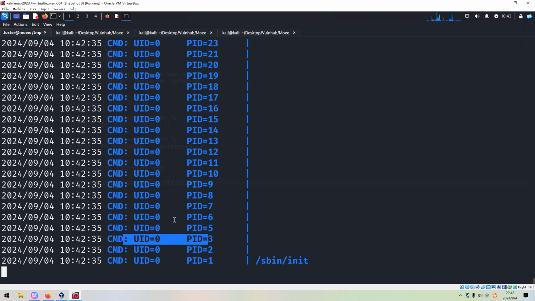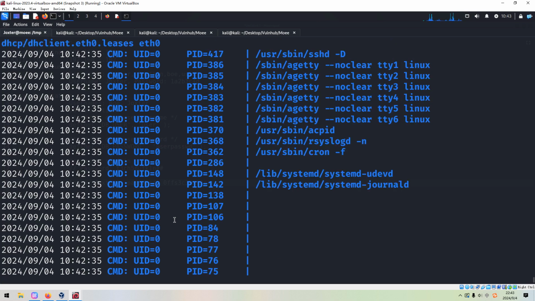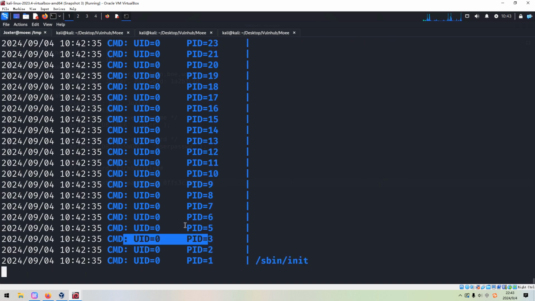The power of PSPY 64 is that it can display all processes, even those owned by other users rather than the current user. As you know, the current user is Jokster, so it can even display the processes owned by the root user or any other user. Okay, very, very important.